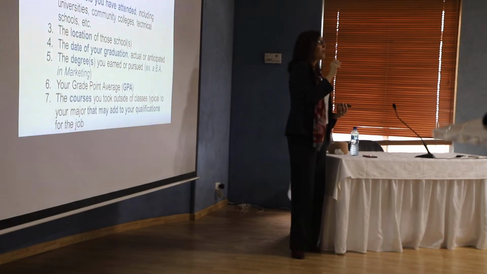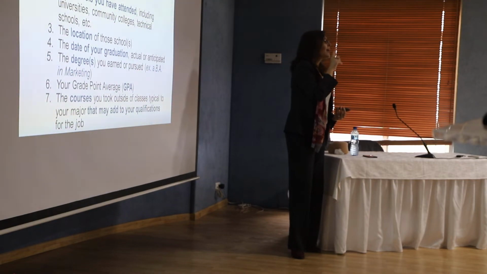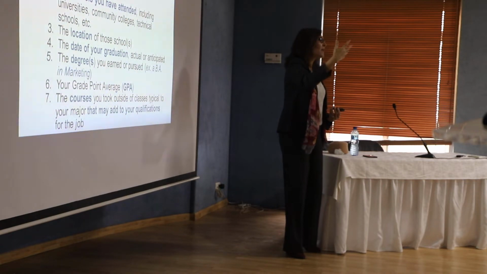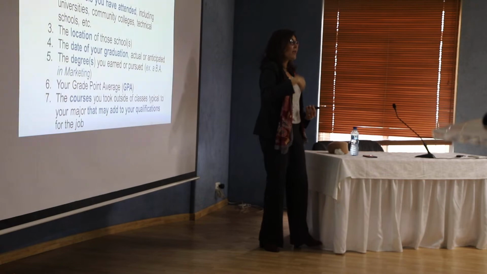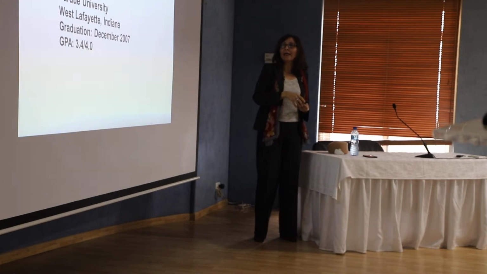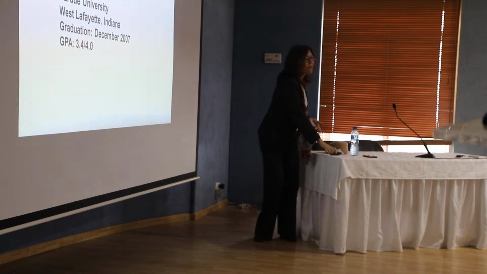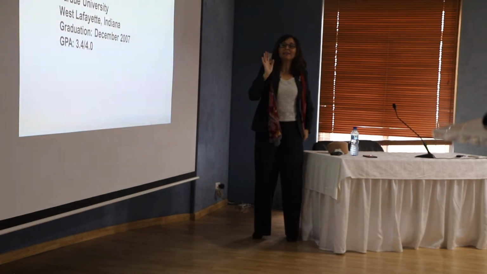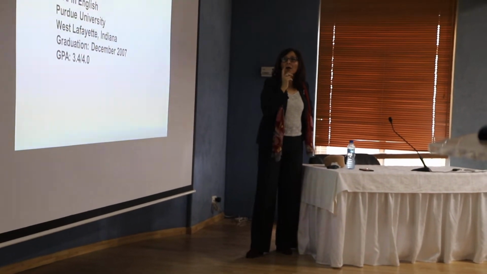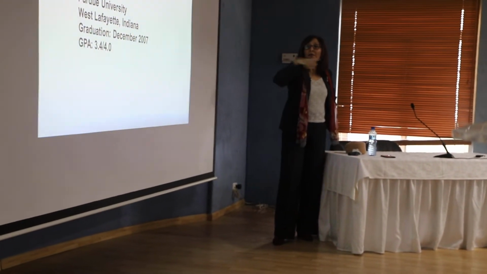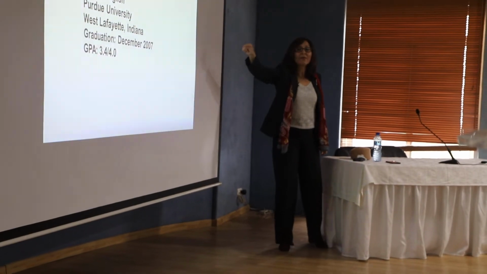We can differentiate between my major GPA and the cumulative GPA, because a lot of students might have their GPA in the major courses higher, because general education sometimes, if they don't put in effort, pulls this down. So if we go to the other slide, giving an example from a BA in English, which is similar to my background: I have a BA in English, graduation December 2007, GPA 3.4, and definitely the name of the university, Purdue, and giving the address.